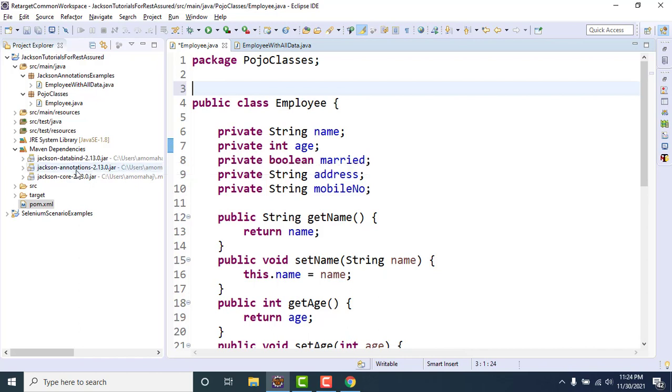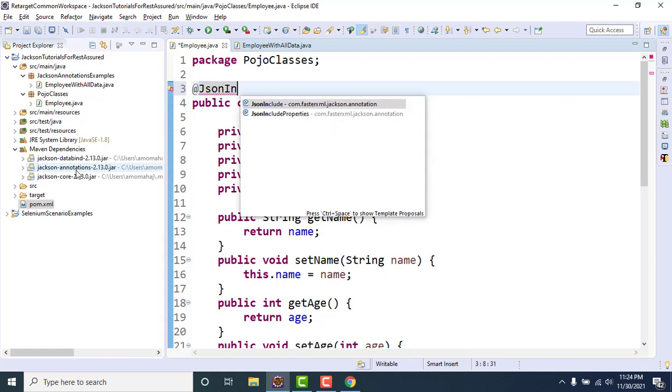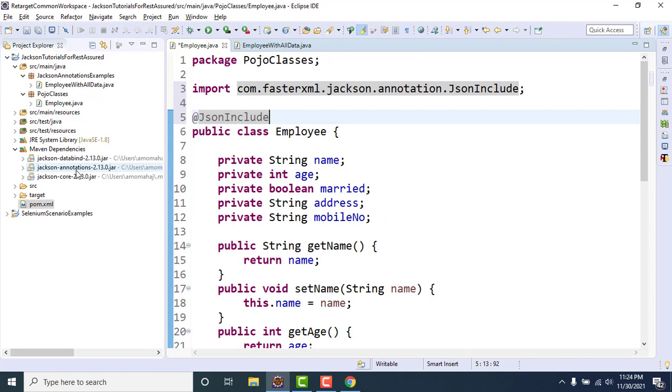annotation called JsonInclude. By the name you can understand that JsonInclude means you want some fields to be included in the JSON, in the serialization, right? So what I want is to provide a value to this annotation. By default it takes Always, which means whatever value you pass, put that value in the JSON, and if the user is not passing any value, put the default value, which we have already seen. But here we can put a condition.